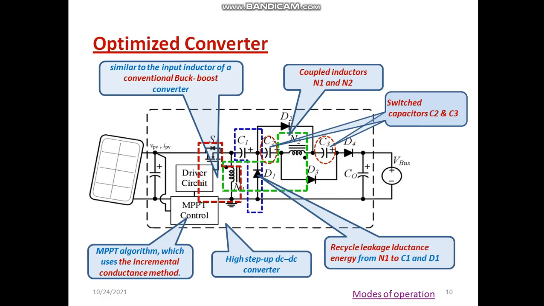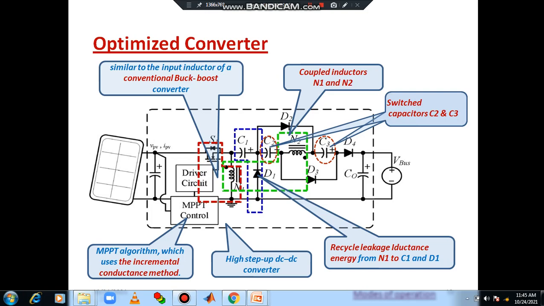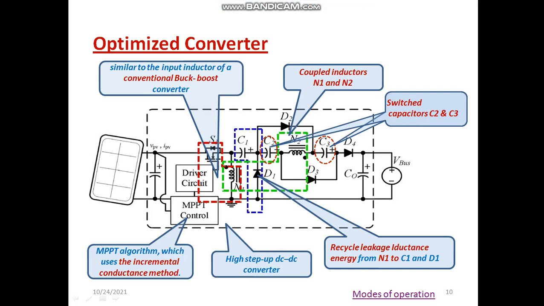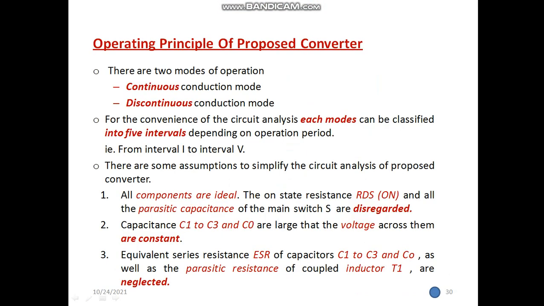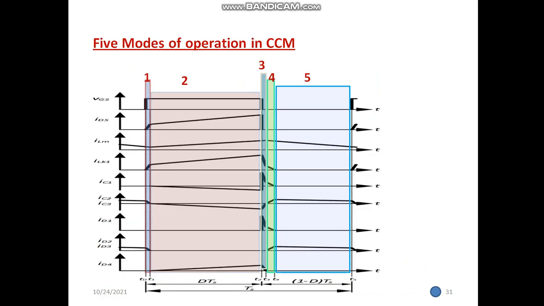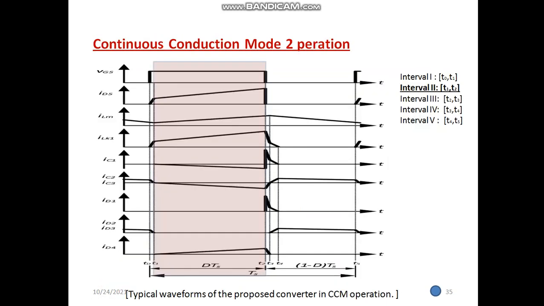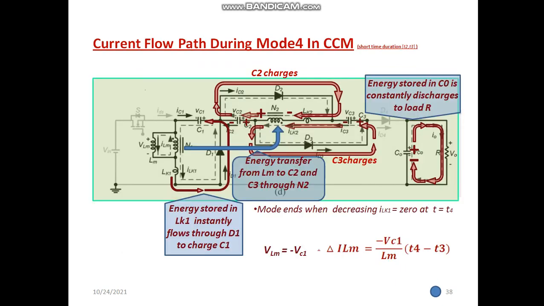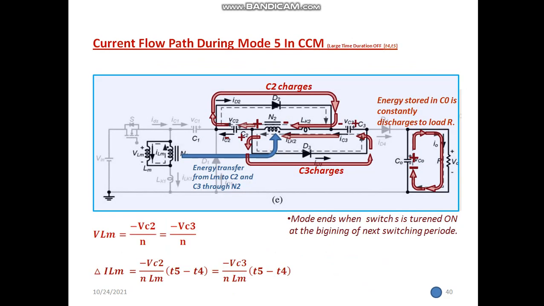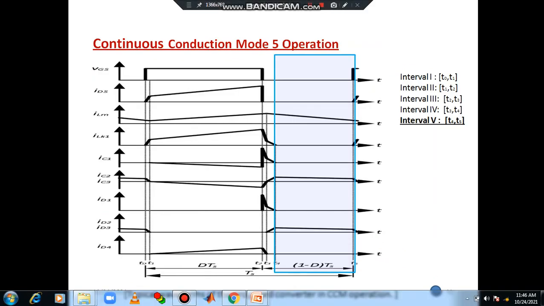We have a particular circuit diagram, and I have also explained the modes of operation. These are the different modes of operation: continuous conduction mode, discontinuous conduction mode, boundary conduction mode, etc. You can go through that. Okay, so there are different modes of operation. These are the things I have done. The remaining part will be discussed in the next session.